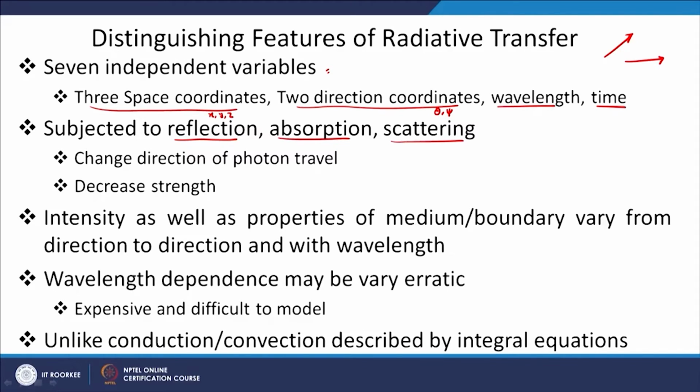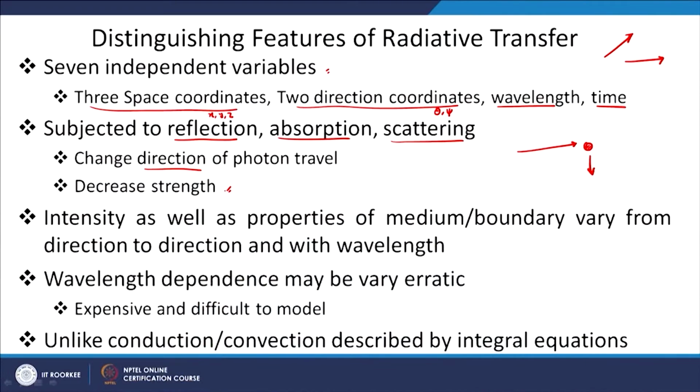Due to scattering, the photon may change direction. Suppose there is radiation travelling in one direction, and then there is a particle. After hitting this particle, the photon may travel in a different direction. So, this is called scattering. This change in direction again is going to create a lot of problems for us when we solve the radiative transfer equation, and the intensity of radiation is subjected to attenuation, or it will decrease in strength when it undergoes